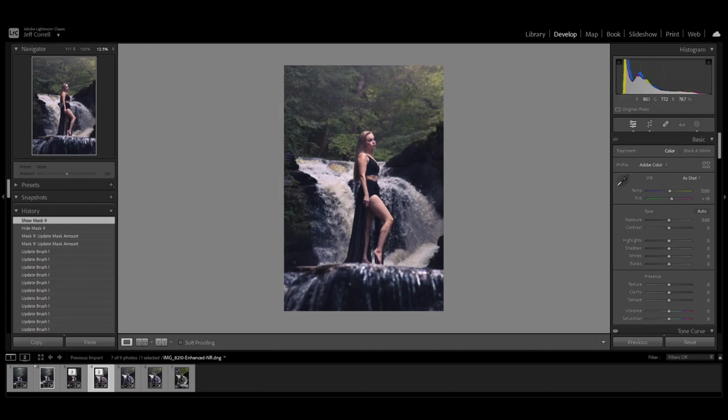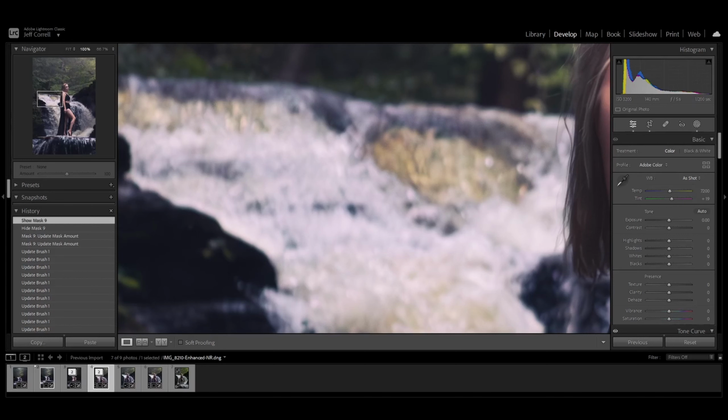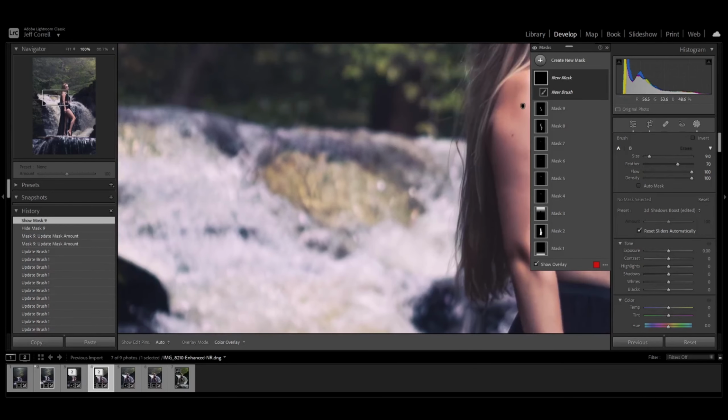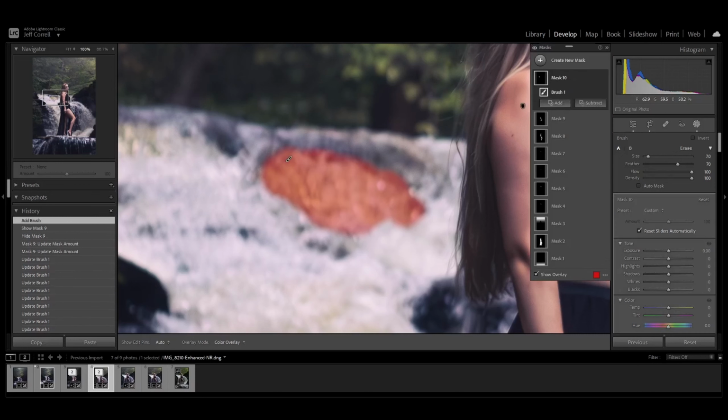First thing I want to do is get rid of this algae in the water. So I'm going to try and touch that up. You just come over here, grab a brush, and color this in. We're going to probably have to do this in segments. So I'll do this part first. I don't know if it will get that part over there, because this part over here might be a little